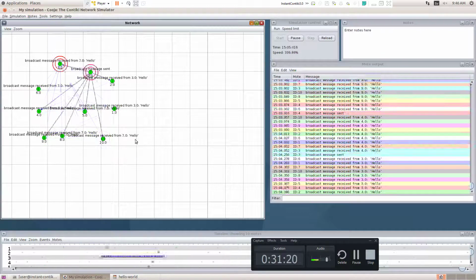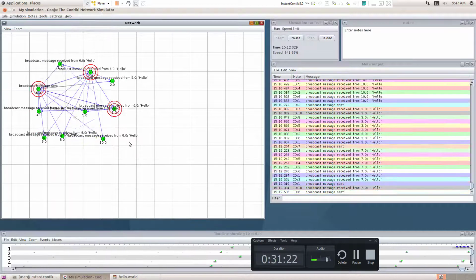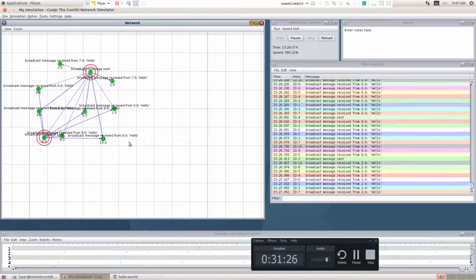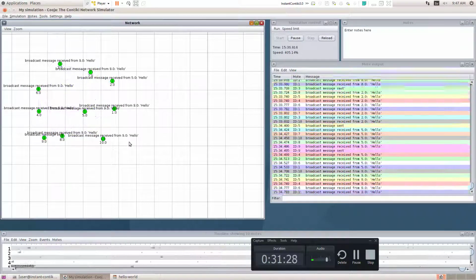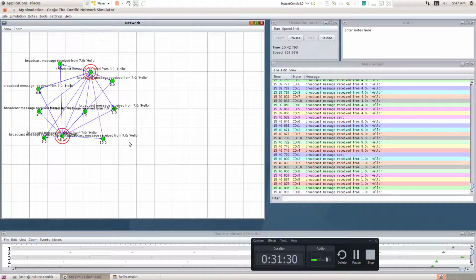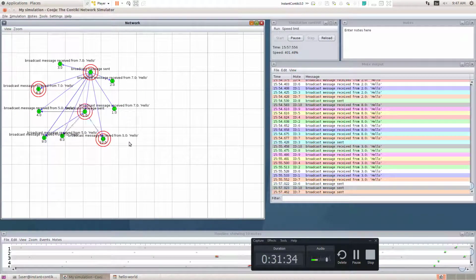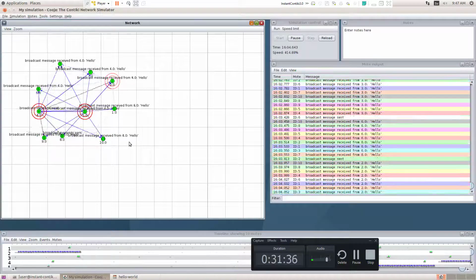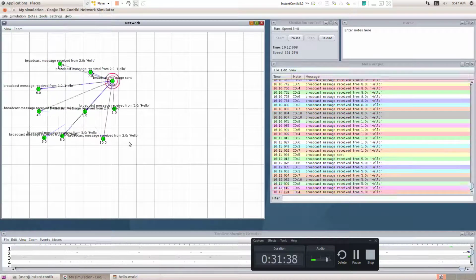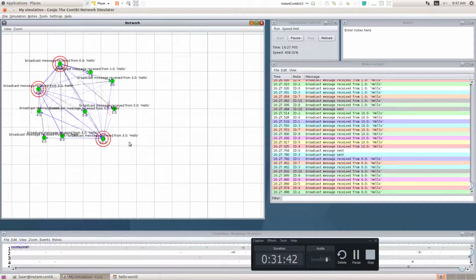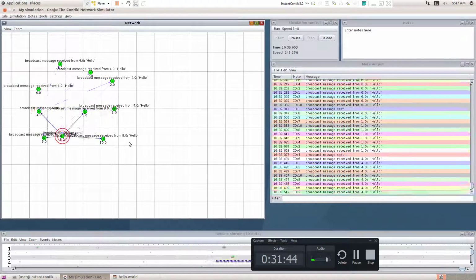The next example is we are going to customize the broadcasting message. Now it is printing hello. I don't want hello, I need another message. Plus, I want to change the time. 2 to 4 seconds is the default. I want to change it to 1 to 2 seconds. That means more broadcast packets I want to deliver. So this is the next concept.